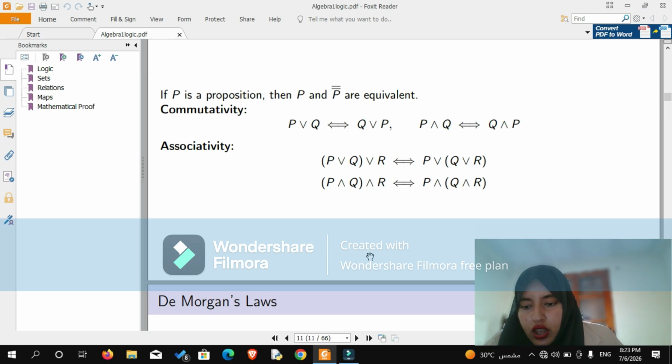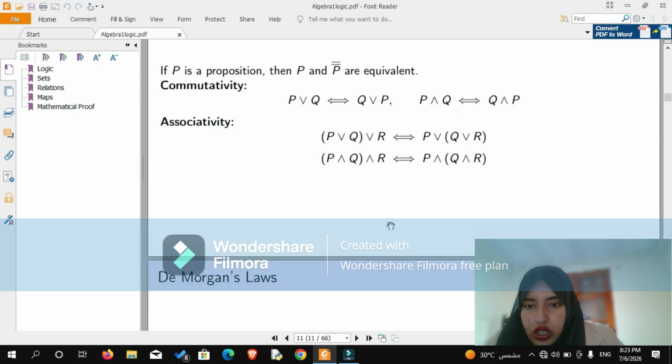Associativity means that the parentheses can switch. We can move the parentheses between relations or assertions, and nothing will change. That's the relation we call associativity. The associativity is present in the relation of and, and of or. But if we switch between and and or,